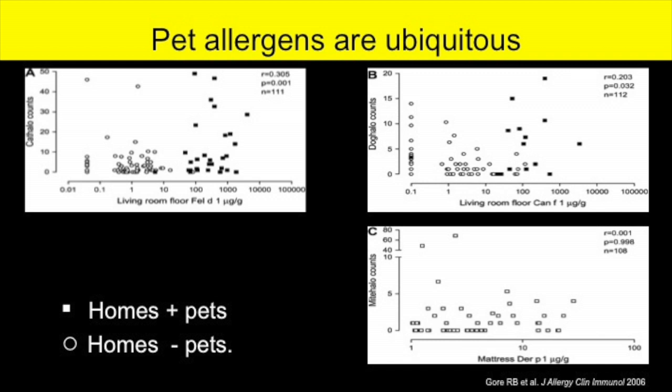You may have colleagues who say, I can't sit next to Sarah because she's got a cat and it makes my chest go tight. Well, your friend is not barking mad. There's a rational basis to this, and that is that pet allergen is so transferable, and if you are highly allergen sensitized to cat or dog, you can easily have that passive transfer cause your chest symptoms. Furthermore, this study that we did some years ago now shows that even if you're in a cat-free house or a dog-free house, you're still exposed to significant amounts of pet allergen.